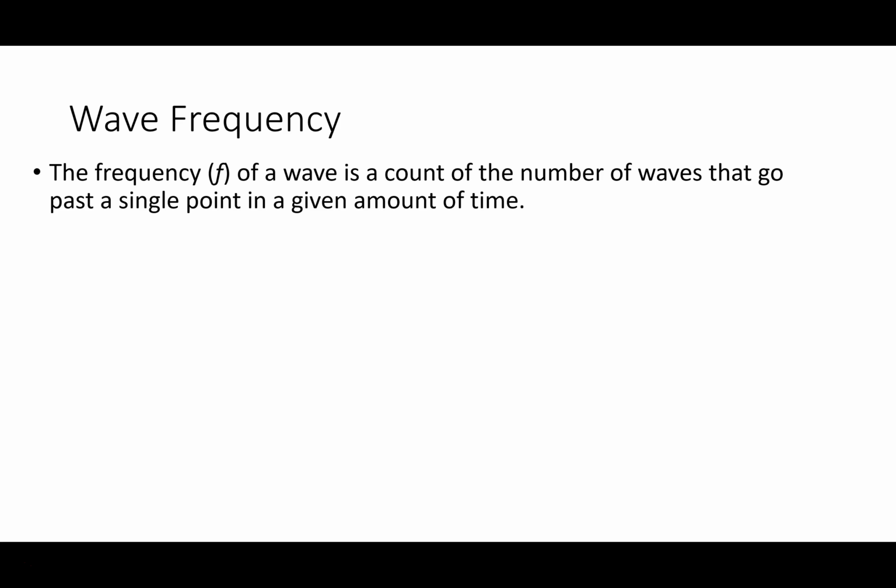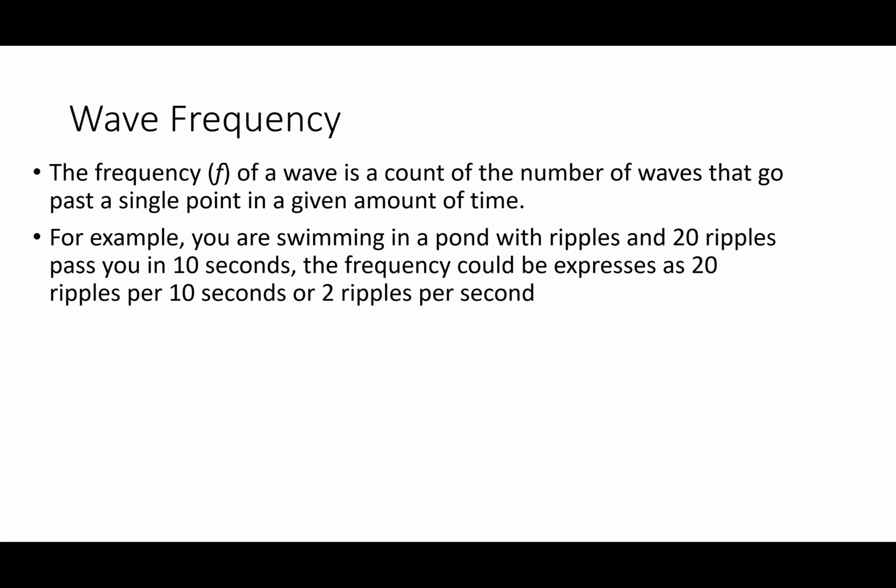So now we're getting to one of the little equations that we're going to want to be able to apply. She talked about frequency. Frequency basically is if you're standing still and your wave is going by you, and you set your timer for 1 second, however many waves can pass you in 1 second, that's the frequency. So it's basically waves per 1 second. Frequency is in units of per second.